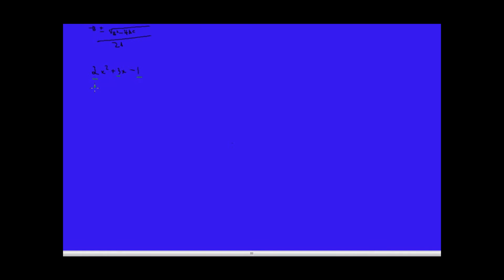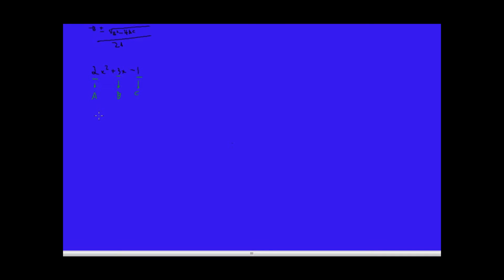assigned a value. So I'm going to call this number a, and I'm going to call this 3 right here b. And I'm going to call this negative 1 over here c. Now whenever I see an a in the quadratic formula, I'm just going to write the number that I assigned to be a. And whenever I see a b, I'm going to write the number I assigned to be b,